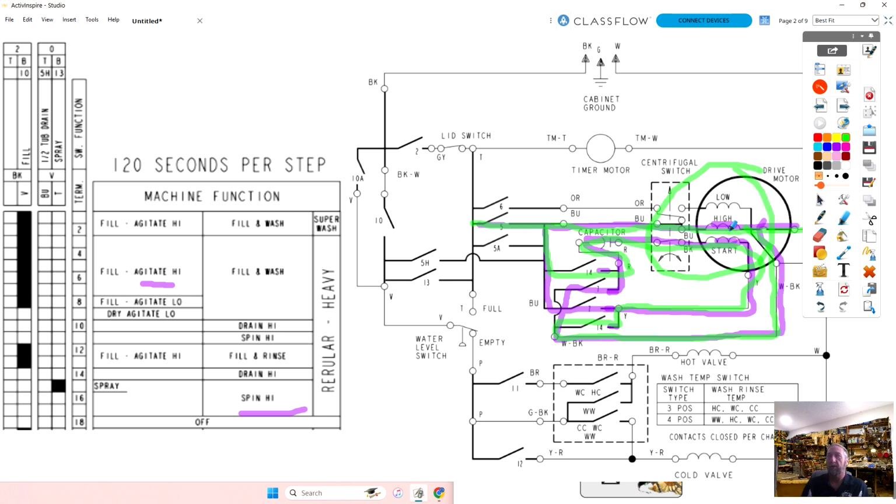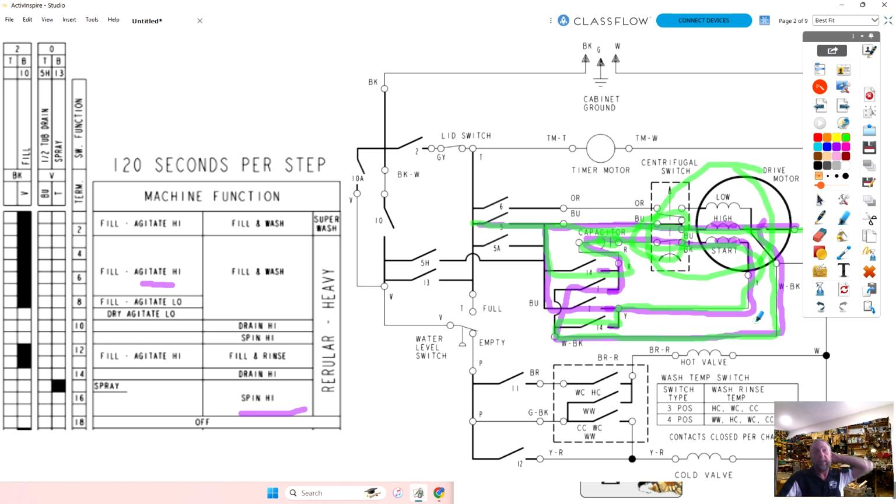We just change the direction we send power to the start winding, and that's how the motor washes or spins. So just by knowing how that works, I could say, well, ma'am, I see it's working in wash and not in spin. I checked, the motor's not bound up, the motor's working good. If it works in one of the two cycles, the motor's good. Because if start or high was bad, or the centrifugal switch was bad, or the capacitor was bad, the motor would hum in all cycles. So just understanding that.